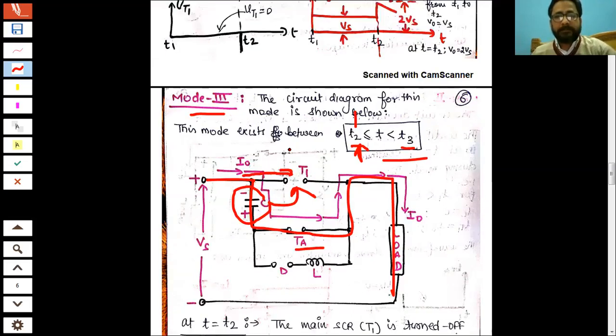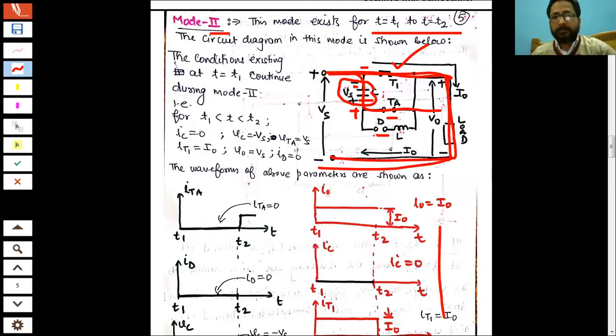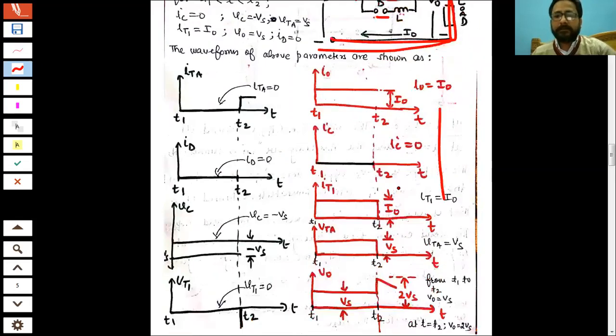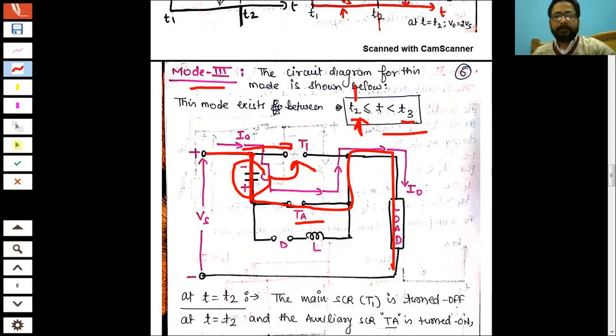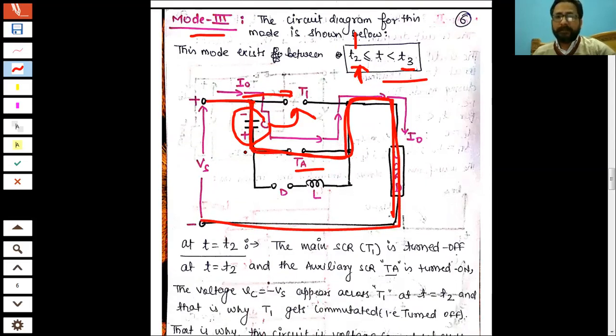जो एनोड करंट था बेसिकली जो यहां से फ्लो कर रहा था, जो कि लोड करंट है, लोड करंट यहां से फ्लो कर रहा था, so that current gets divided here. सो दो बातें, रिवर्स वोल्टेज और लोड करंट भी डिवाइड हो गया, सो इसका एनोड करंट वैसे ही रिड्यूस हो गया और ऊपर से we have applied the reverse voltage, so the reverse voltage will suppress the anode current and bring the main SCR into off state, right? Now the load current will flow through capacitor, TA and load and back to supply. अब क्या होगा इस मोड के एंड पे, अब समझना इसको ध्यान से।